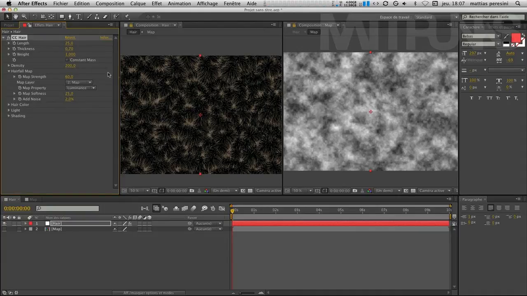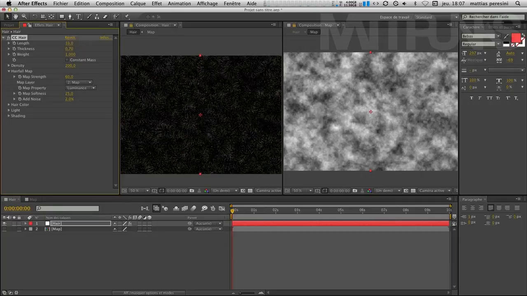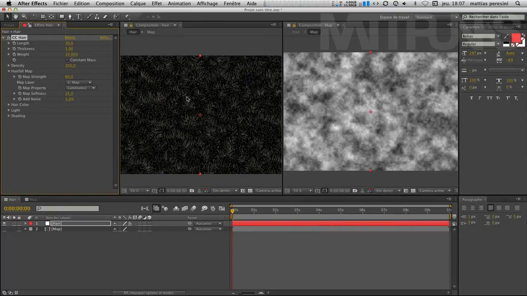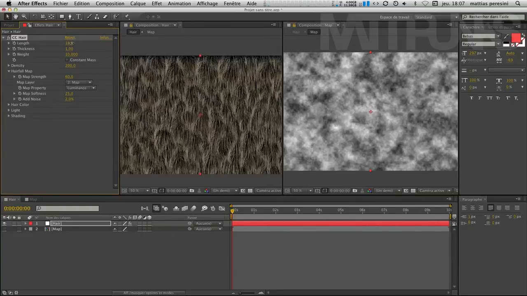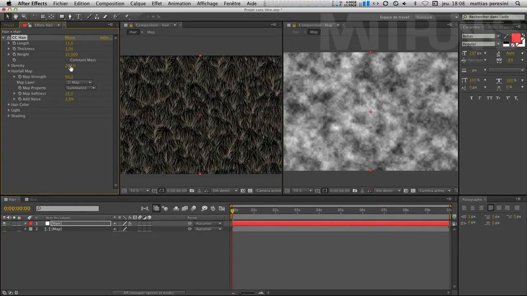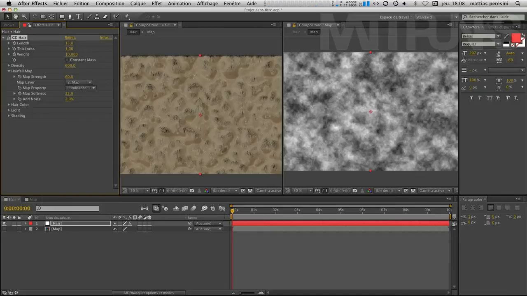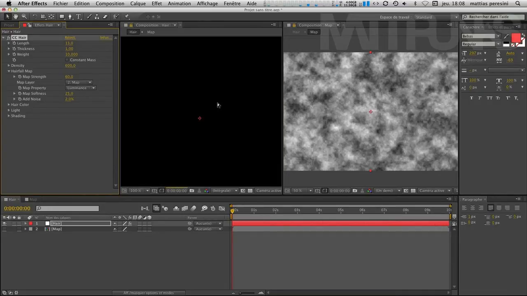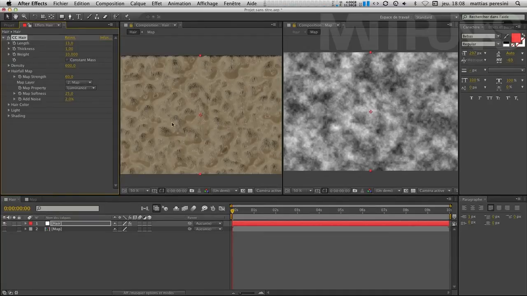Let's change our hair settings in order to have a bit of a nicer result. First, what we'll do is lower the length value down to 10, and then let's increase the thickness value up to 1. For the weight, let's raise the value up to 10. Right now I'm giving you the values I used to create this tutorial. Of course, you can always come back and alter the values to what you like best. Let's put 13 here. Next, let's go ahead and increase the density drastically up to 600, just enough to cover the whole area. Already we can start to notice some changes to a somewhat weird effect, similar to the texture